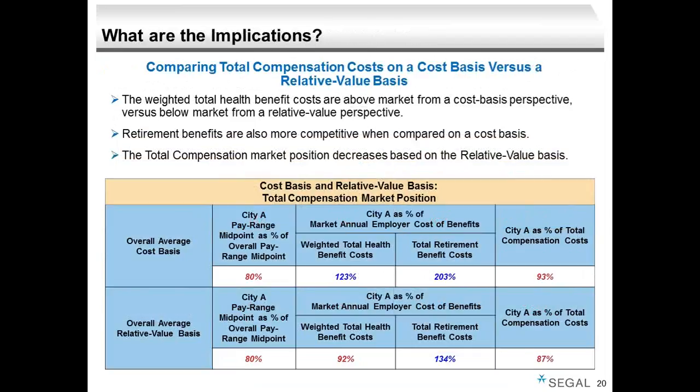And then in the next slide, we will show you those two approaches and what the differences are as a result of them. In this slide, the first major row is the overall average cost basis. The second section is on a relative value basis. Now, there's no difference in terms of the market position on pay. It's still at 80%, very non-competitive. But whereas on health, it looked like